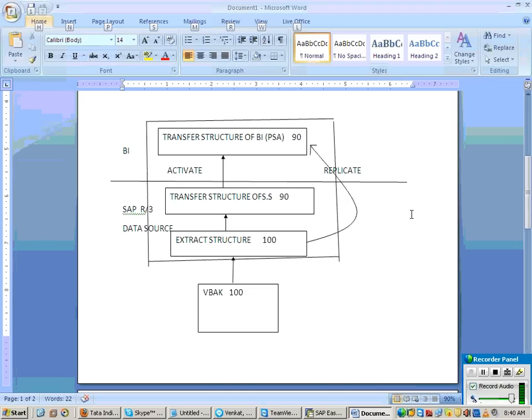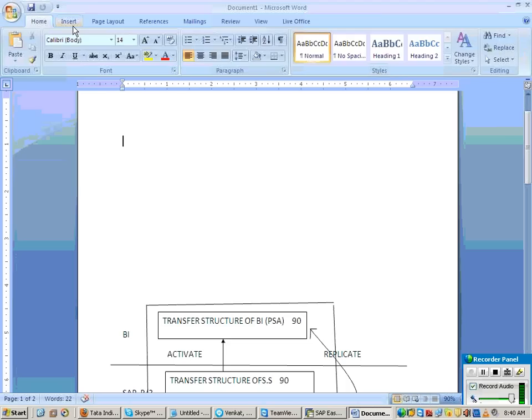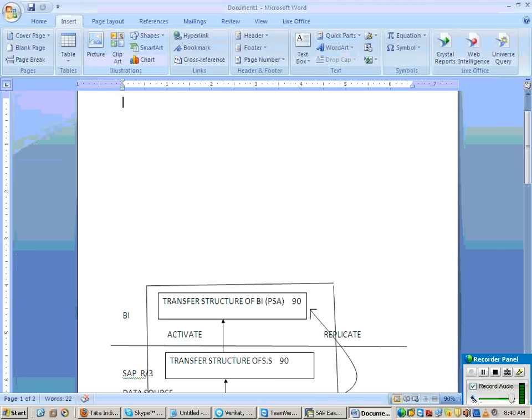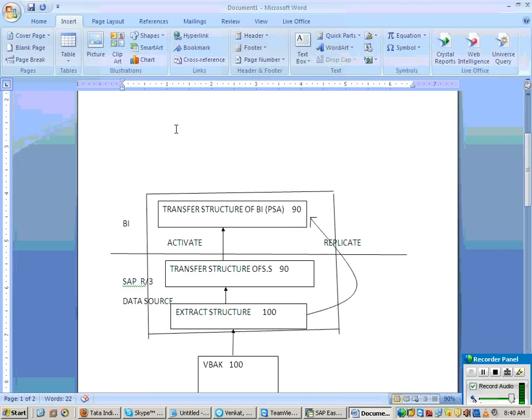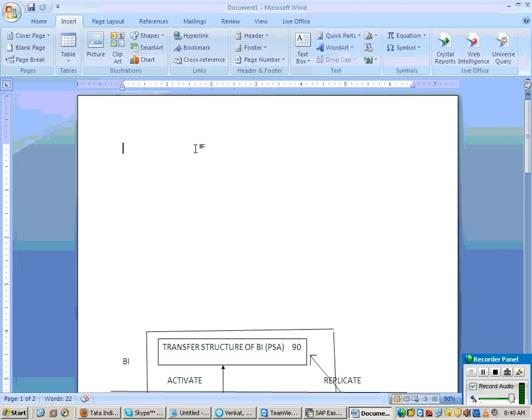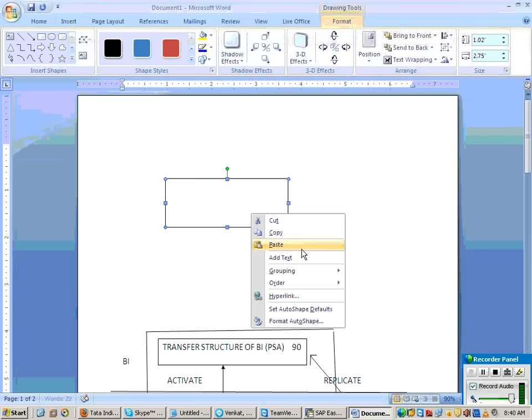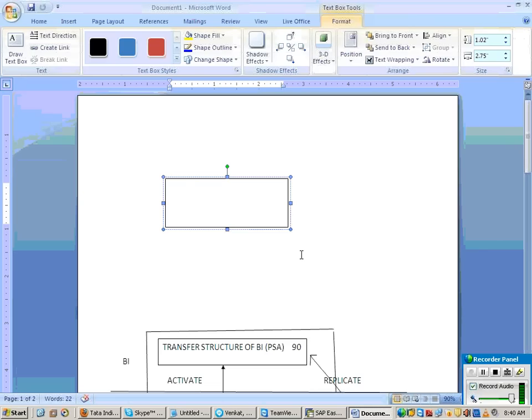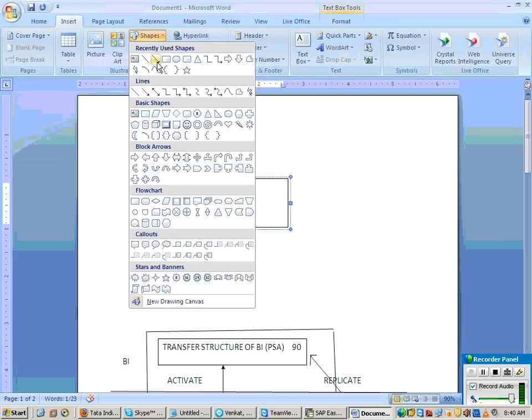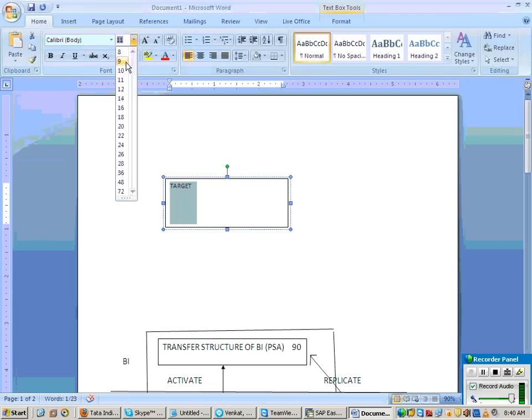Now, once your data source is ready, what you can do? Either you can start creating your target, or you start using the ready-made objects in BI. That's nothing but your BI content installation. So you can install a ready-made cube, or you can create your own cube or DSO based upon the requirement.